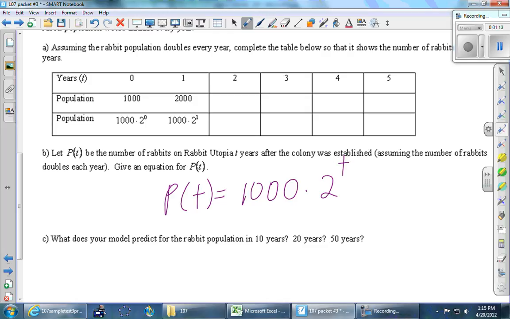This is a different kind of creature than any that we have studied. Is it linear? No. Is it quadratic? No, quadratic would be like a t squared. Is it a cubic? No, that would be a t cubed. For the first time in this class, where is the t? Where's the variable? It's in the exponent. And that's a completely different kind of function than any that we've looked at this semester. When the t is in the exponent,